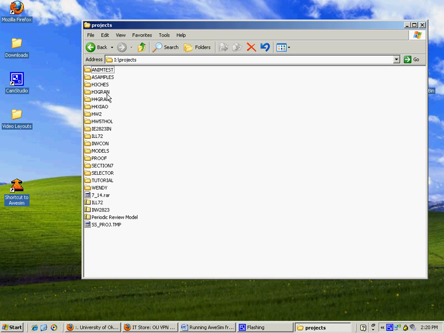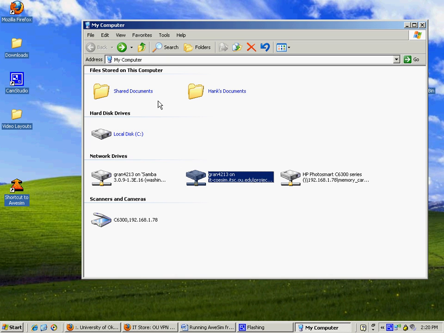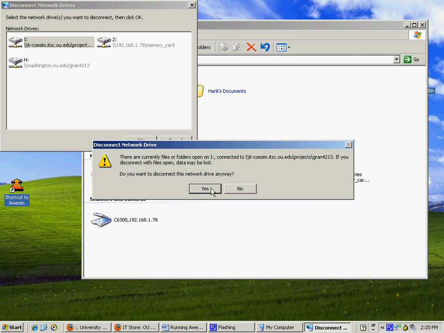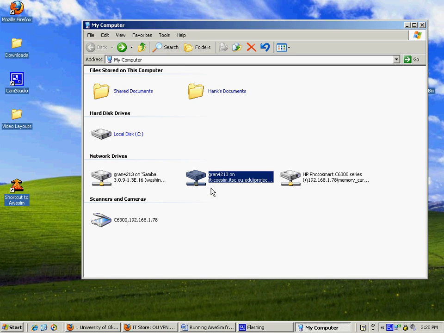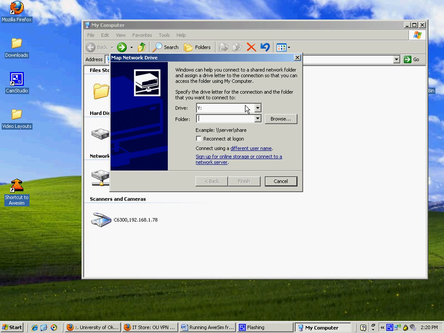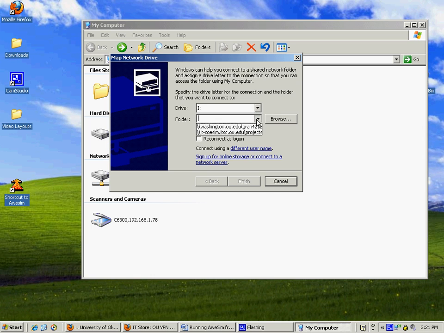Each project is stored in a separate folder. Just to show you how the mapping works, I click on tools and I can disconnect this particular network drive. I'll disconnect this one and leave the other ones. Okay, and then we can map the network drive, and in this case we'll re-add, and I've already done this in the past, so in this pull down it'll allow me to access the